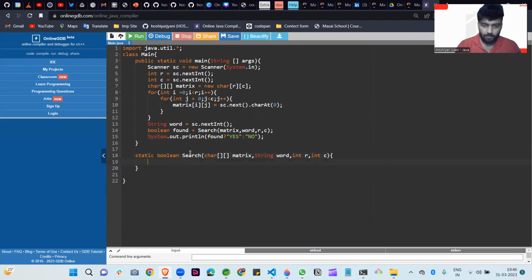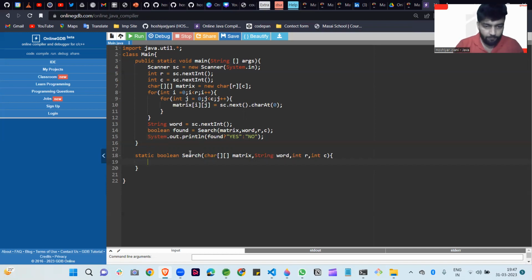Okay, so now we implement the algorithm for searching our word. So how can we search? We iterate in our matrix, and if at any position of the matrix we find the first character of our word, then we apply the search for the remaining word.